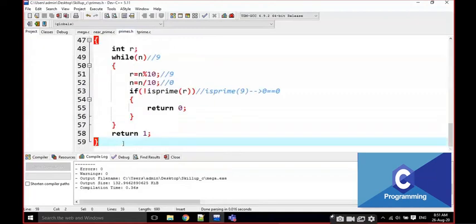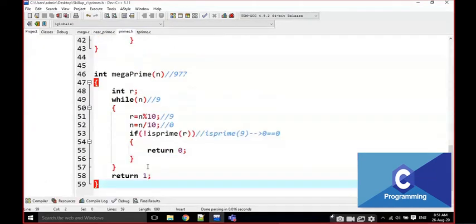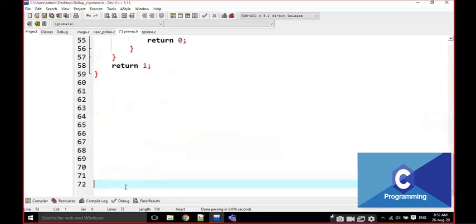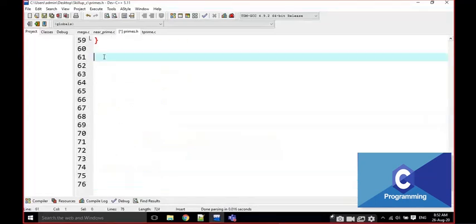I am going to define it here: one function with integer return type, reverse is the function name, and I am going to declare variables: int r, sum, reverse equal to 0.